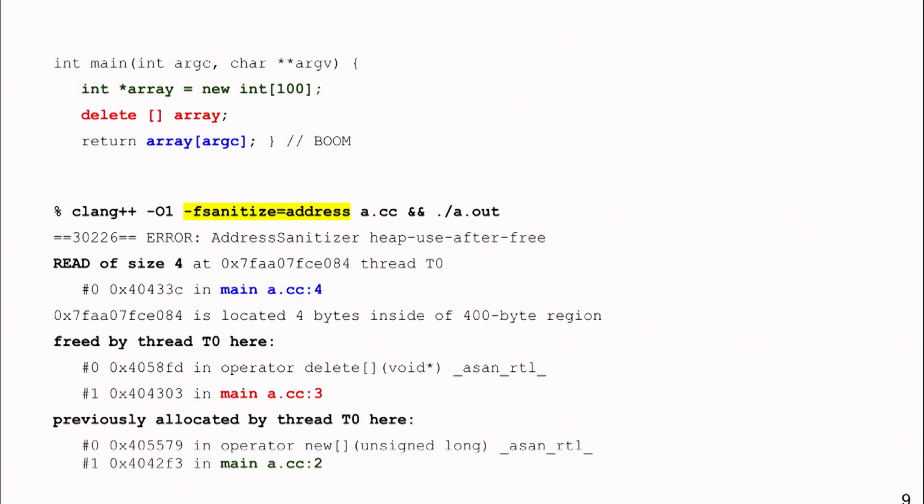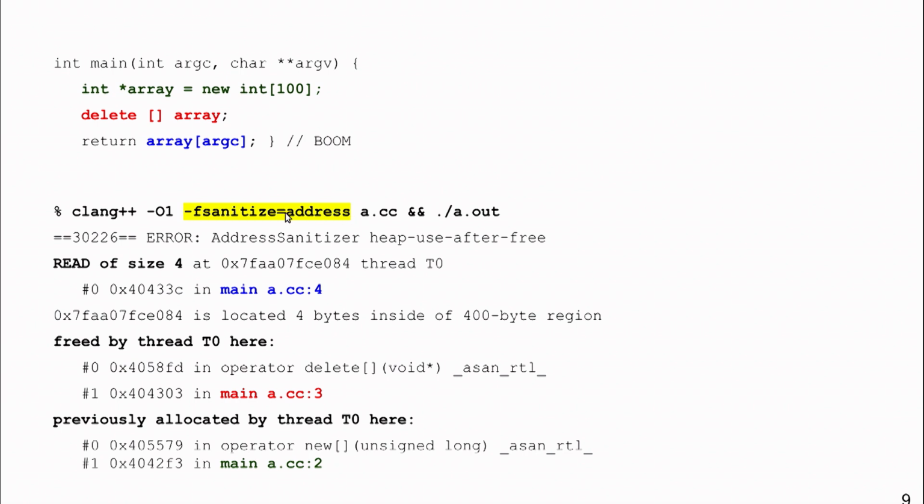Let me give you just one example of just one of these tools. The C++ example on this slide is the simplest I could come up with for a use after free bug. Probably most of you are familiar with this kind of bug. You allocate memory, then you deallocate memory, and then you continue using this memory for some purposes. If you want to find this bug with AddressSanitizer, all you need is to compile your application with a single special switch.